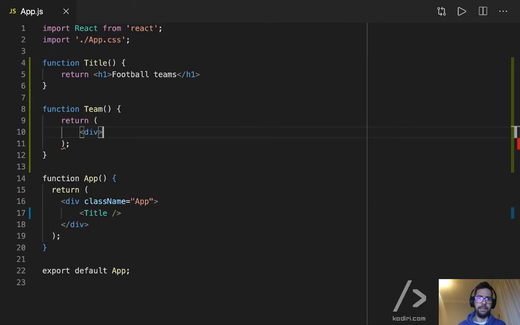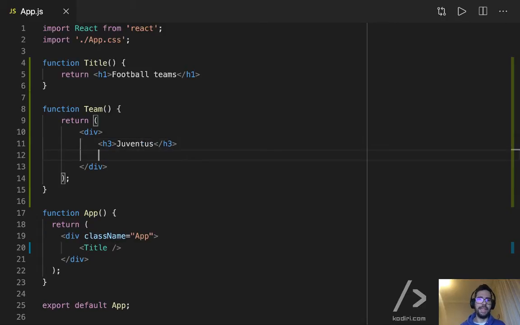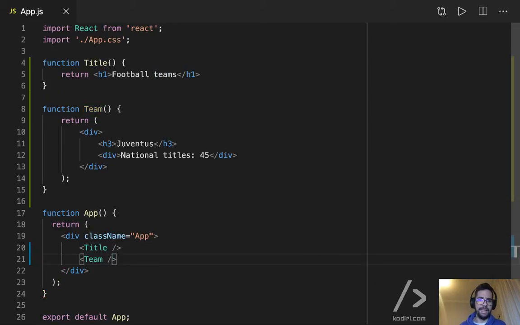So div, and then after the div we got, for instance, the h3. We got the name of the team. So let's play a bit with some data. I don't know, champions or national titles, whatever. Yeah, this is just a basic application written with React,